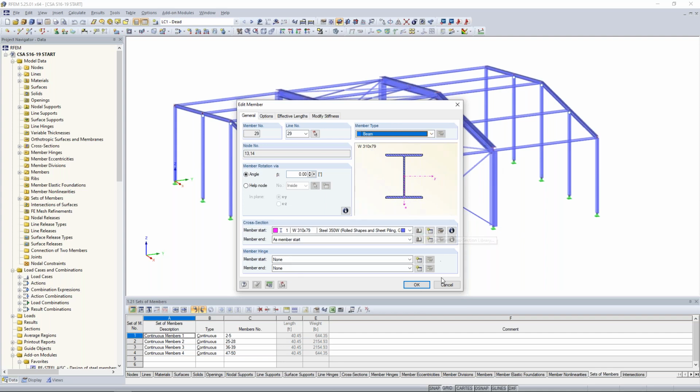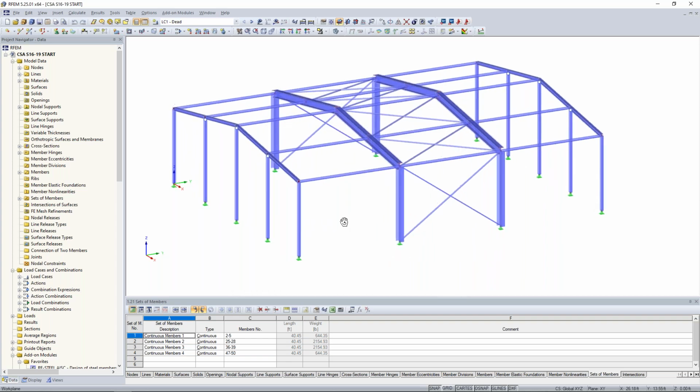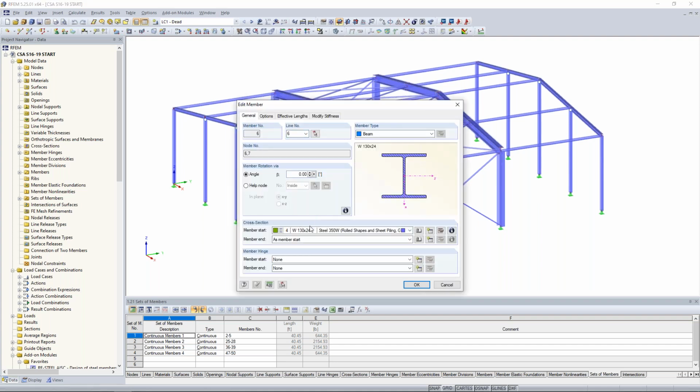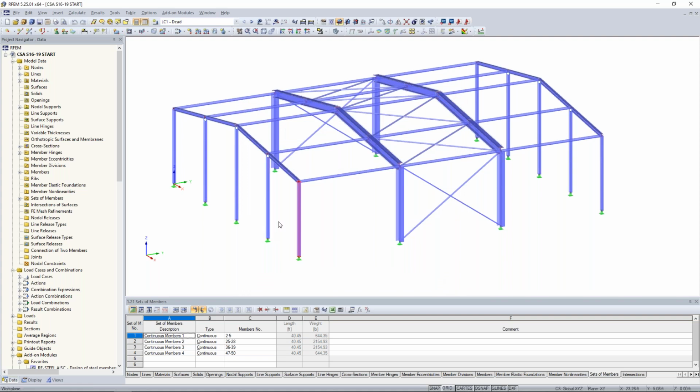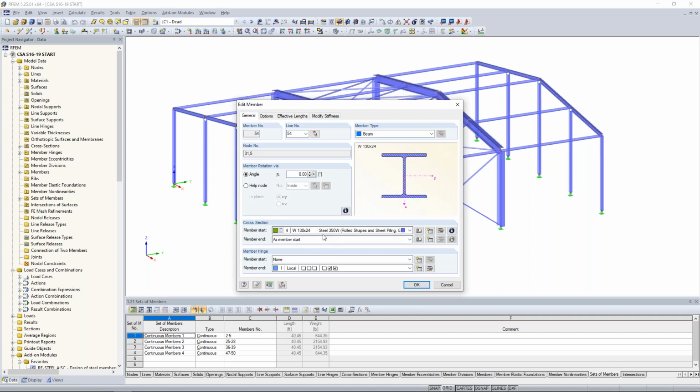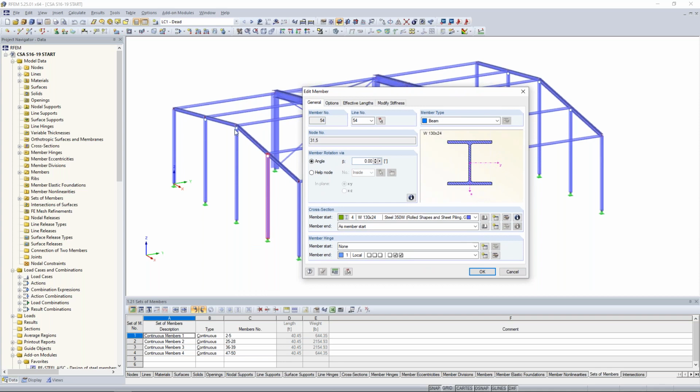If we take a look at the members on the exterior here, on either the left or the right side, similar concept. We have moment frames here, but definitely a much smaller member, a W130 by 24 steel 350W. Member type is set to beam, fully fixed. For our interior columns, though, you'll notice that we have a special symbol up here at the top, and all that I've done for these W130 by 24 is to apply a moment release at the top of the member. So that graphic is shown here within RFEM to represent this moment end release